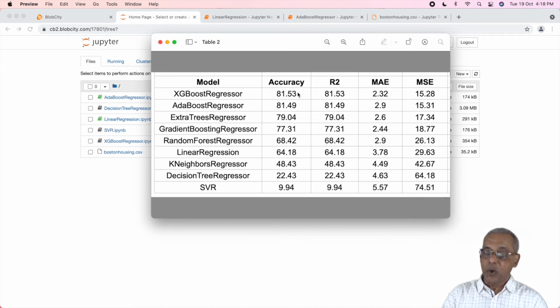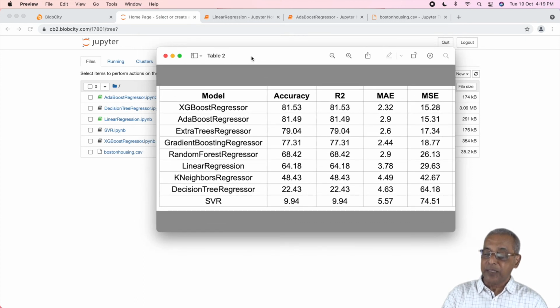Now here it shows that the XGBoost regressor gives me an accuracy of 81.53. This is incidentally arranged in descending order of accuracy here. So the highest accuracy I got is on XGBoost regressor. If I'm satisfied with this accuracy, my job is done. No more coding is required. I can use that template.